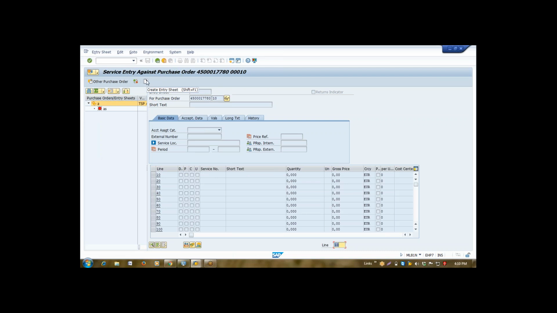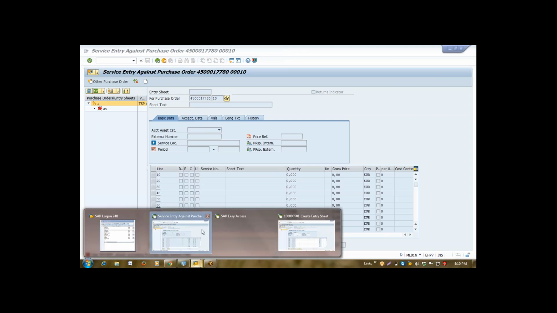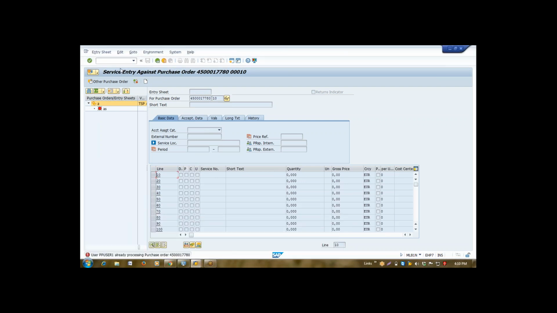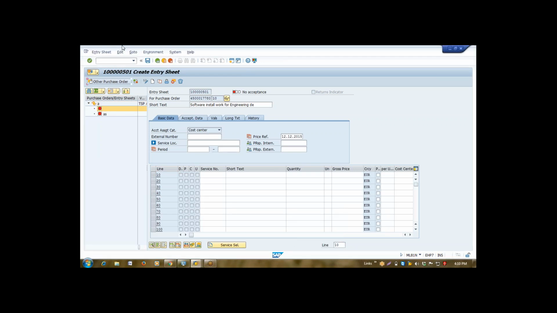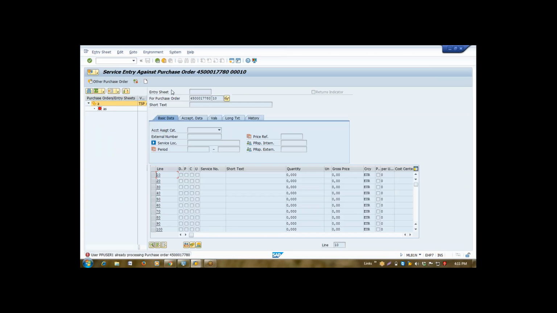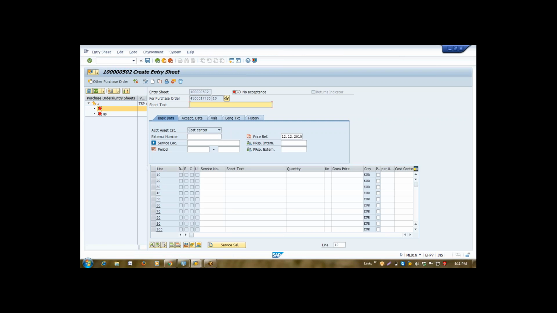Now we'll click on the create service entry sheet button. It means that I am starting my process. Okay, so I clicked here.